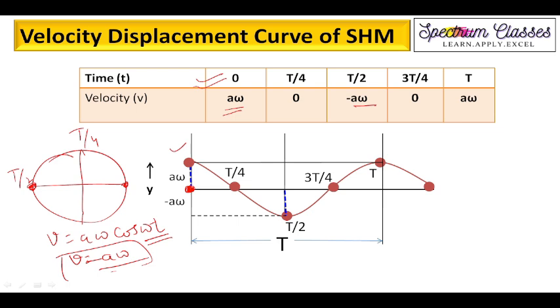If my particle is at this position, these positions are for what? This one is for displacement y and this one is for velocity. So that is why our velocity is 90 degrees ahead of our displacement, right? This is very important, and this is asked in several competitive exams, so it needs to be understood. We can do it alternatively, but it is important to know the geometrical method, because that gives us basic insights.